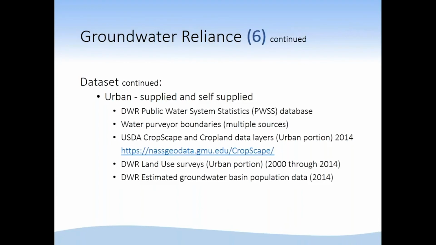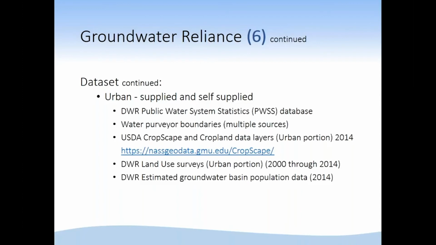We have to be able to understand that, because most of these water purveyors are not always located completely within a groundwater basin. They straddle multiple basins, and they can also straddle non-basin areas. So to get an accurate representation of the actual area, we needed to exclude some of the areas that are basically undeveloped.